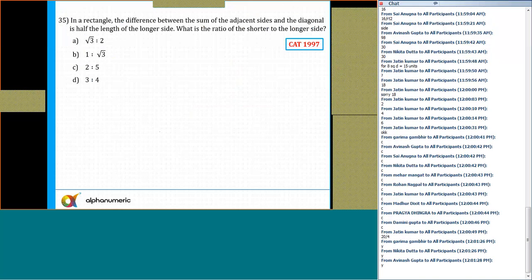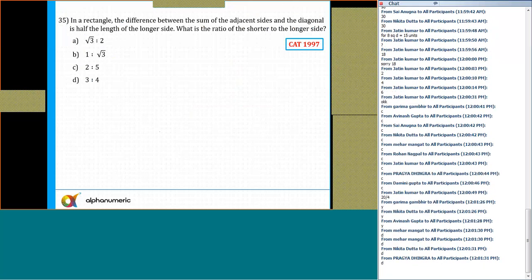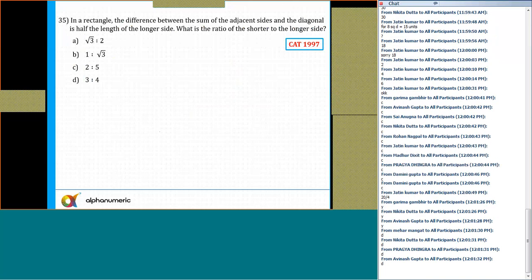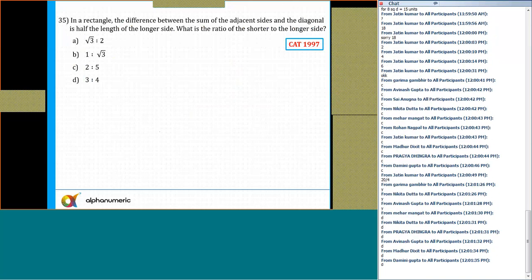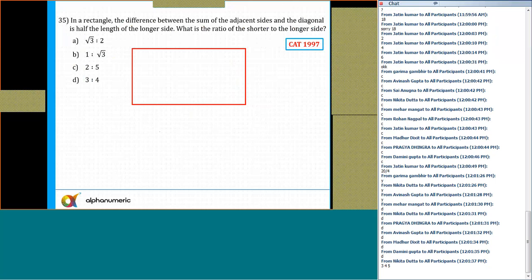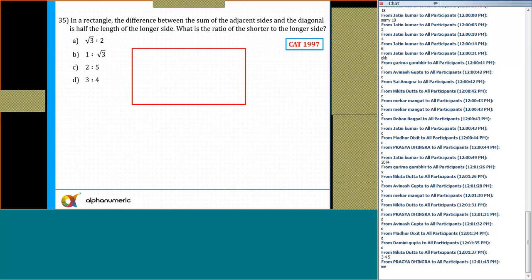35. Again, this question was asked earlier also. Yes, option D. And how can we solve it? How many of you have solved with the help of the options? It is better to take the other options. Otherwise, it's not necessary that taking 3, 4, 5 is satisfying, but it is better to solve with the